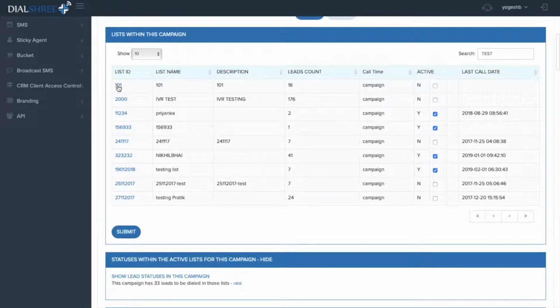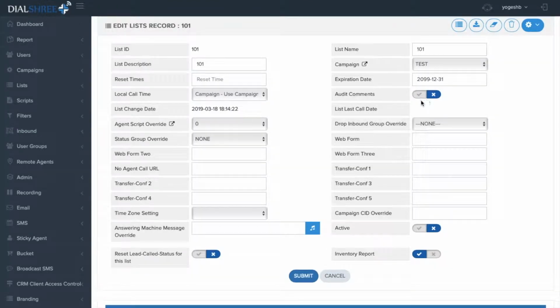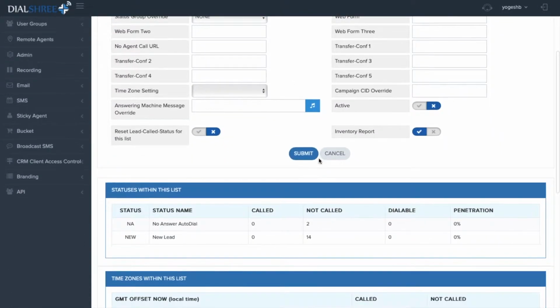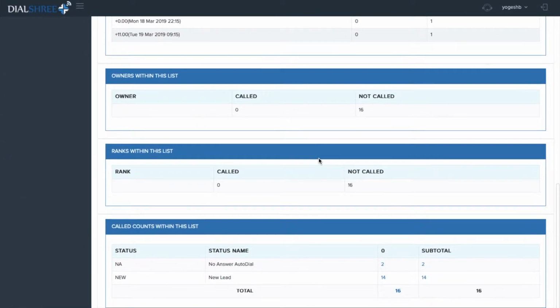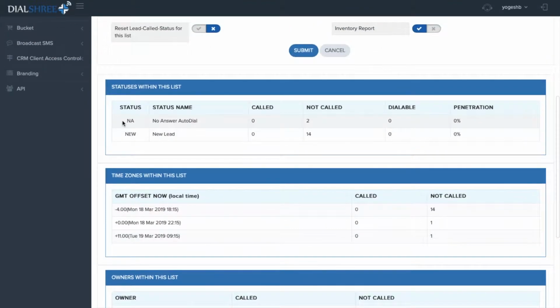See, this is the list. Let's go over there. You can see the status of the list, that is no answer auto dial and new lead. So these 14 new leads would be automatically dialed without any issues, because the new status to be dialed is already selected in the campaign. But if you want to dial this no answer auto dial from this list, then you